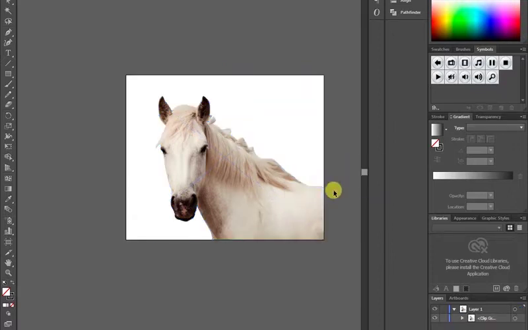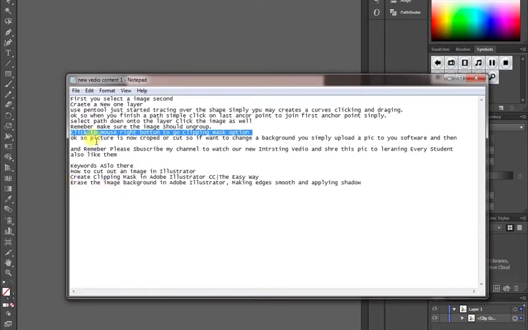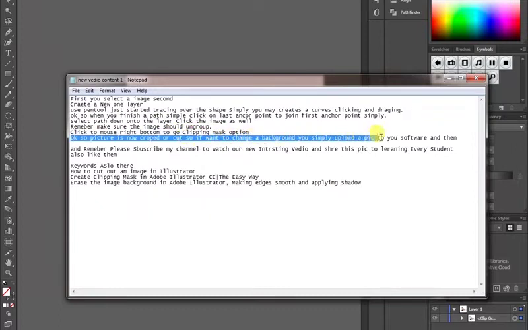The results are there. If you want to change the background in any image, not only a horse, so okay, the picture is now cropped or cut. If you want to change a background, you simply upload a picture to your software, then